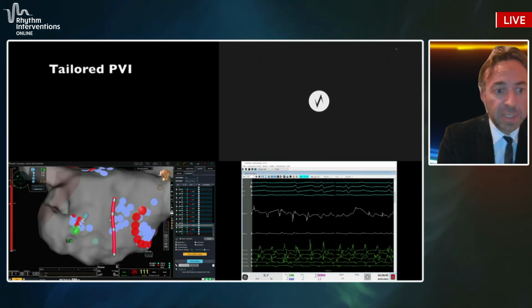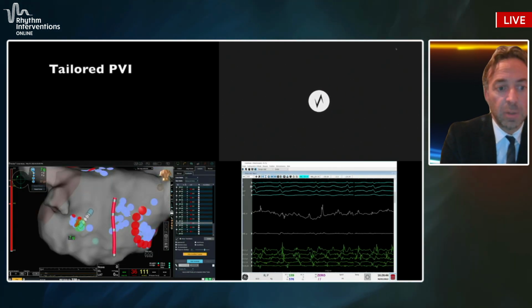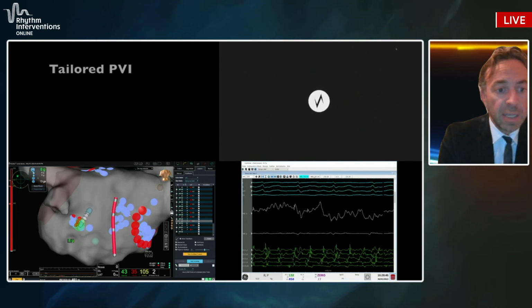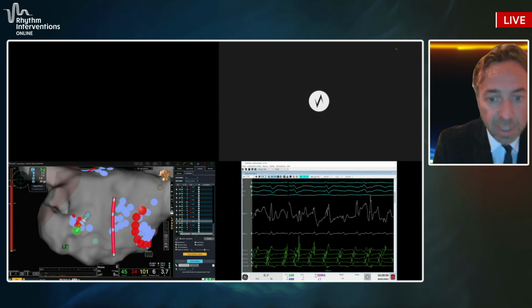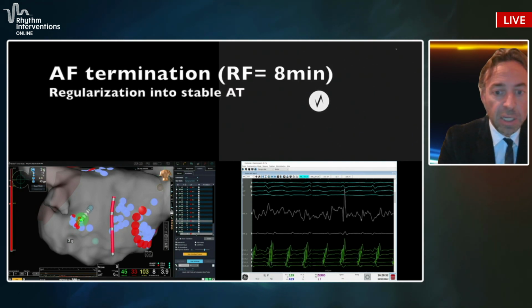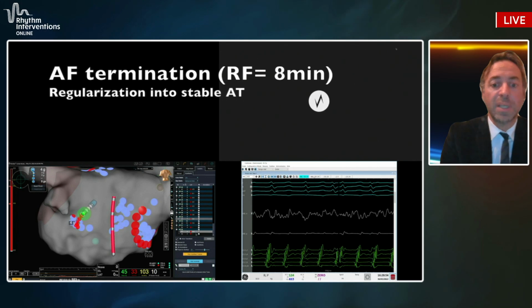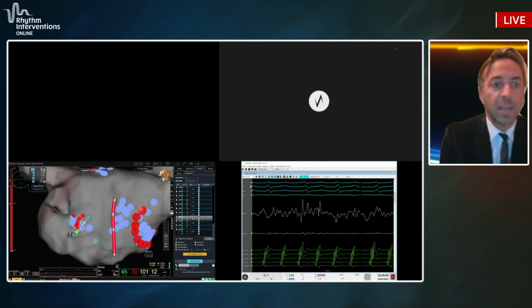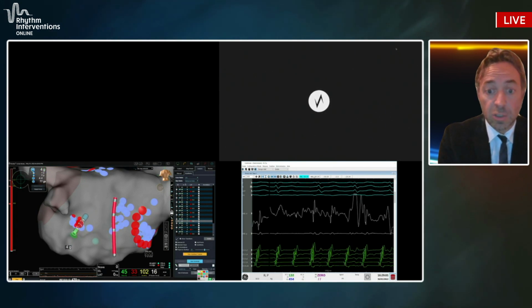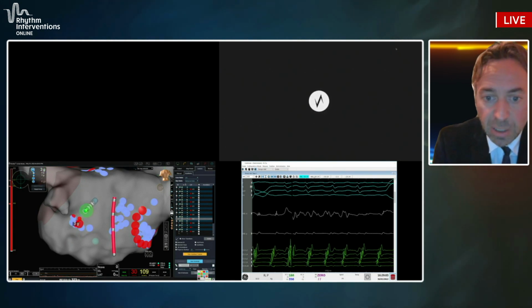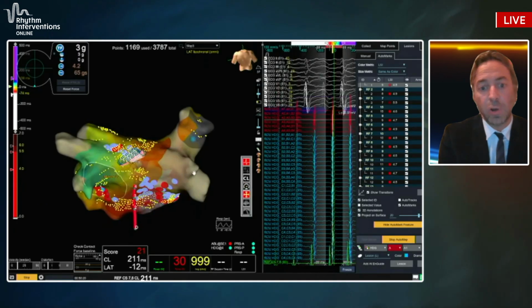So here I complete my PVI isolation on the right side. Here again, I ablate this region close to the left inferior PV. And you can see that by ablating here, AFib is progressively turning into a stable ATAC after 8 minutes of radiofrequency. Okay, so at this step, we have a clear impact on the AFib substrate because we have organized